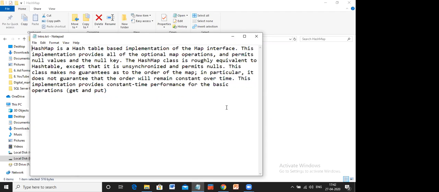We also have a feature that it allows us to add values. It's dynamic in nature. We can add values to hash map and we can remove values from the hash map. At runtime you can perform a lot of operations.